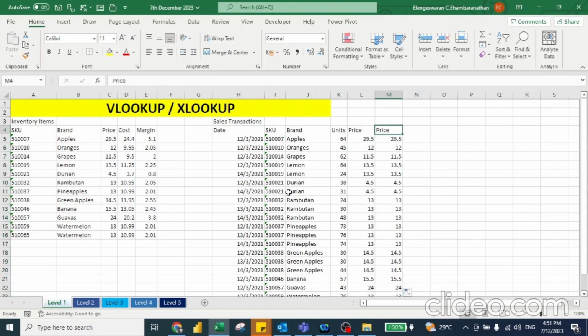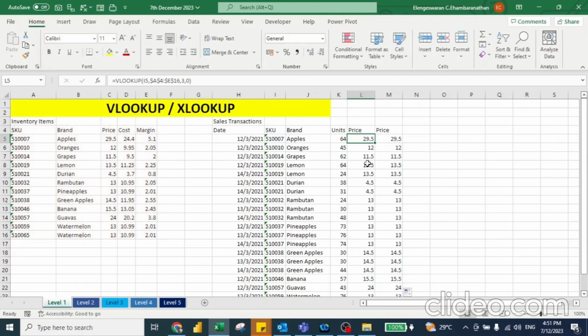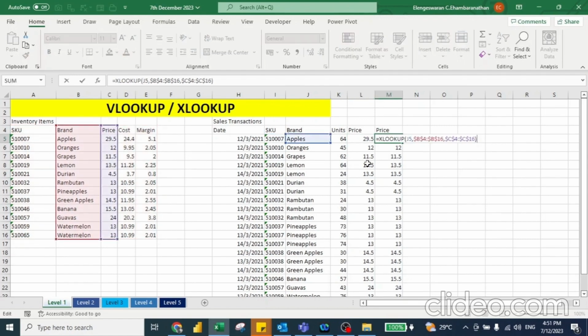So basically XLOOKUP is faster than VLOOKUP, because in VLOOKUP you need to know the table array. Once you highlight your big table, you need to determine which column. Is it the first column, second column, or 50th column or 20th column? So you need to determine the column, and once you determine the column, then you put false. But in XLOOKUP, it's very fast and very easy, whereby you just highlight the lookup value, lookup array and